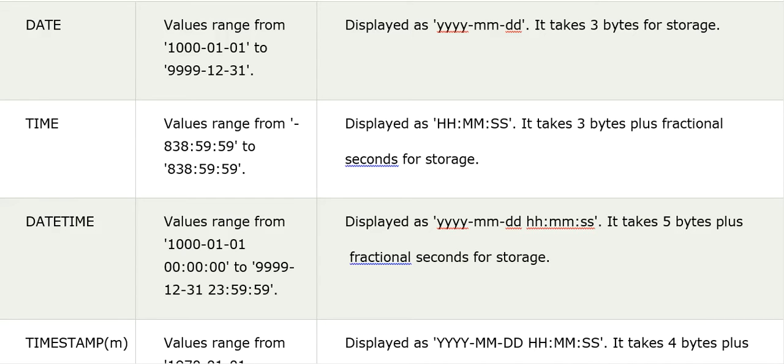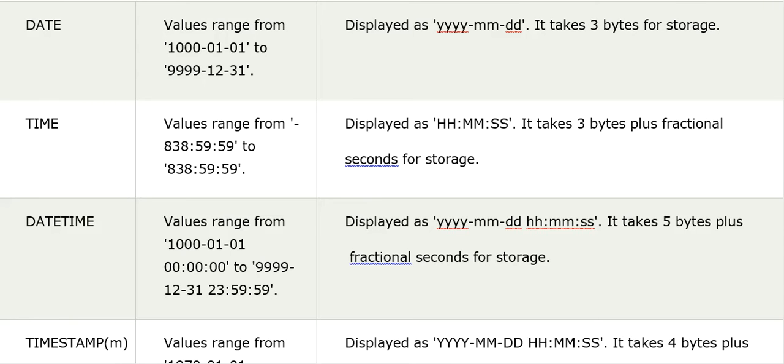That means it displays the year first, then a hyphen followed by the month, and then a hyphen followed by the day. In simple words, we are defining the date format, and it will be in this form only, YYYY-MM-DD. It takes 3 bytes of storage in memory.